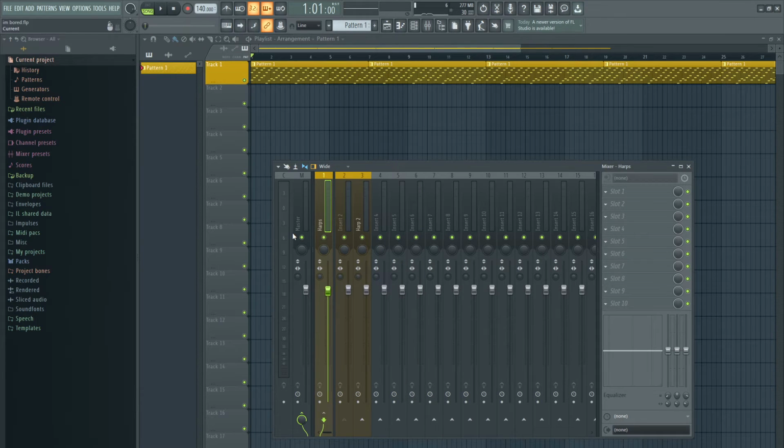What essentially that does is that it takes all the tracks you may have here. Let's take this for example. Right now, this channel right here, channel 3, is still connected to the master. So what I'm going to do is unclick that. I'm going to take this and route it to this track. There we go. So now I don't have anything on this track, but if I go to this track here